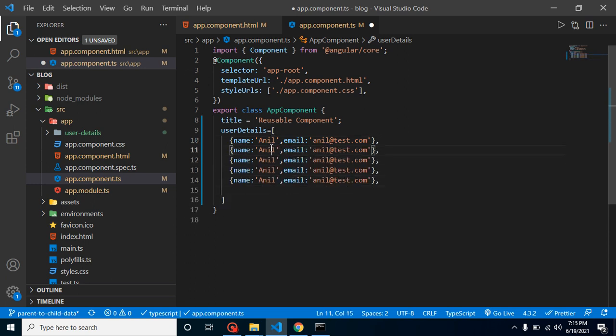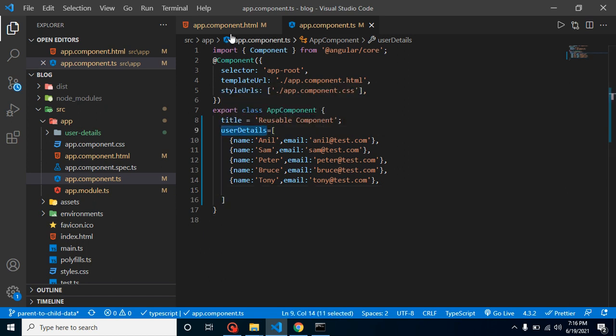And let's add here Sam, and Sam's email address, then information for Peter, email address, and Bruce. So that is done now. So now let's make a loop over these user details.